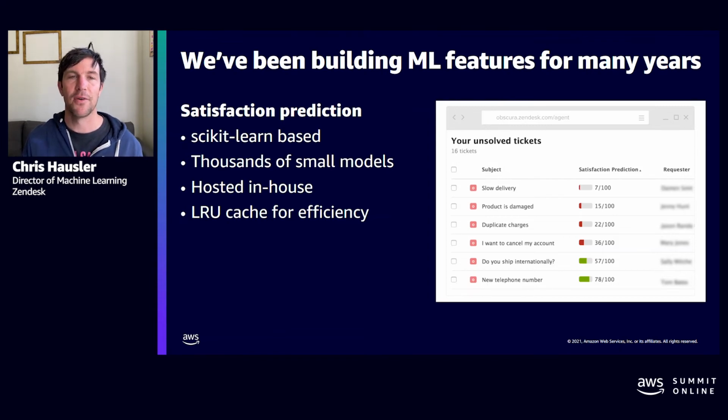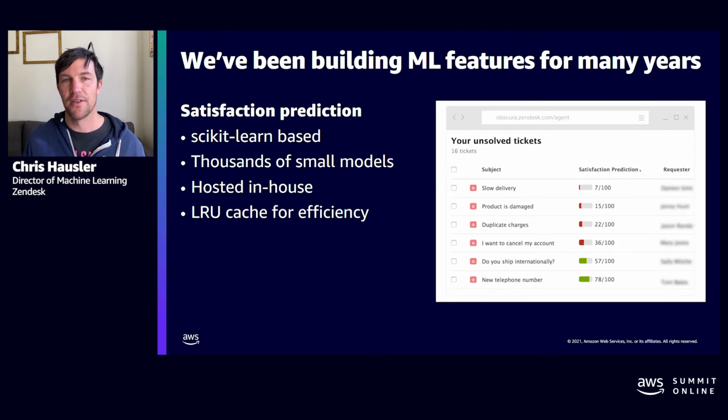And so at the time, machine learning and NLP was really working around scikit-learn, that was the thing that we went to. It was a lot more classical machine learning than what we see these days with deep learning and so forth. And the way we built this out was to build thousands of very small models. For us to make machine learning effective at scale, we often need to build models per account for our customers, because our customers have different data. They might use the product in different ways. So when we're building classification models, we're really thinking about, how can we make this work best for each of our individual customers? So what that means is we need to scale out model building and automate model build pipelines.